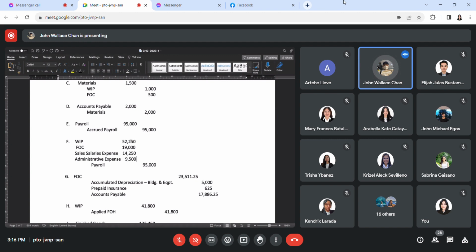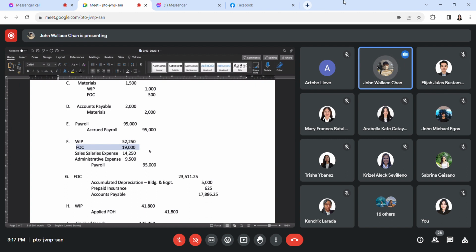So 52,000. So first we debit work in process. 52,250 came from the total of your 16,050 pesos. Or basically it came from your job 1234, 1235, and 1236. So this is the total. And then for our, we debit factory overhead control,